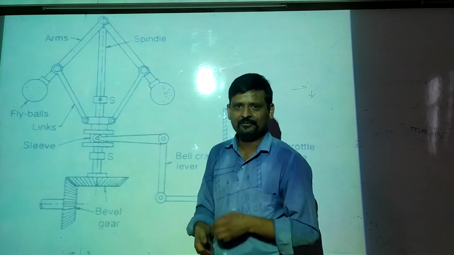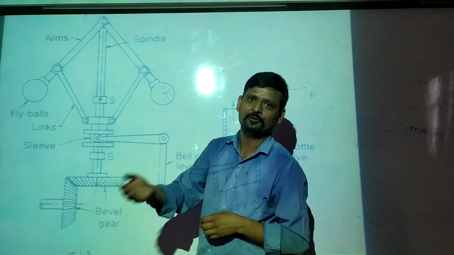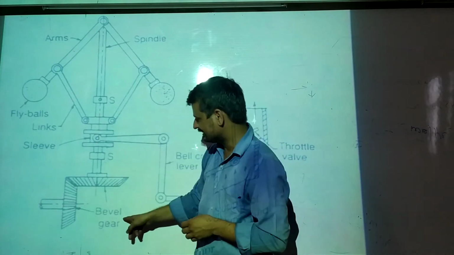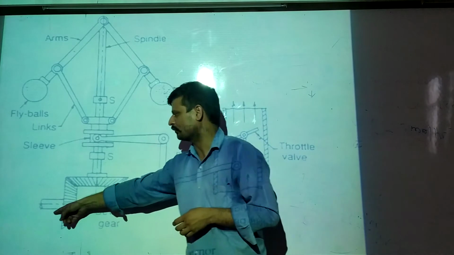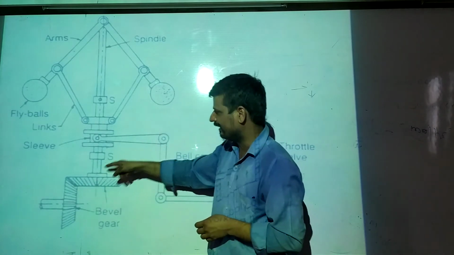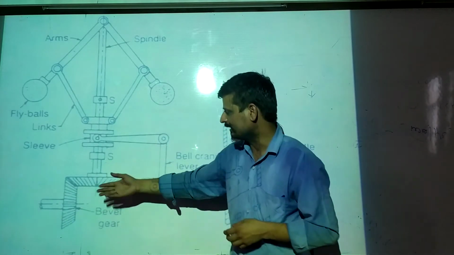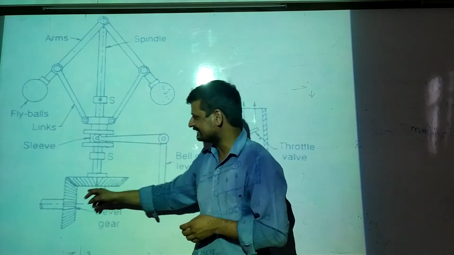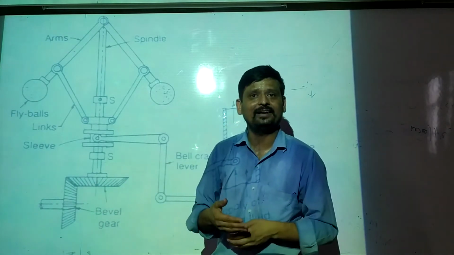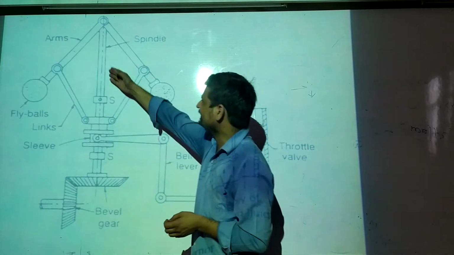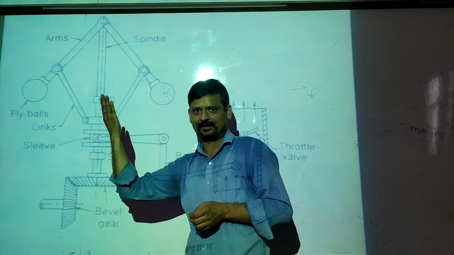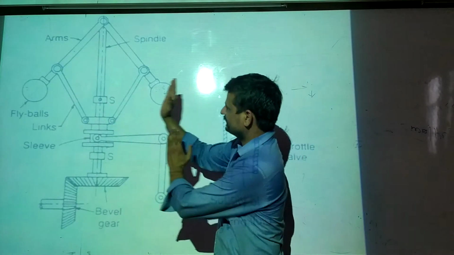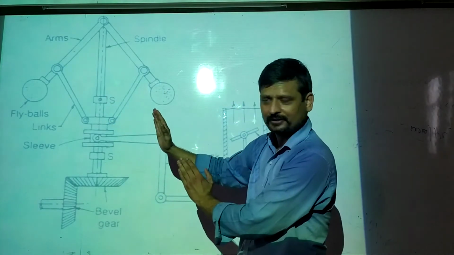Now my objective is to regulate the supply of the fuel depending upon the speed. So my arrangement is vertical. So I use this bevel gear so that this rotation will get converted by 90 degrees. We all know the application, the function of a bevel gear. So when the rotation gets transformed by 90 degrees, then this spindle starts rotating. Okay. So this is the construction of this left hand side portion.